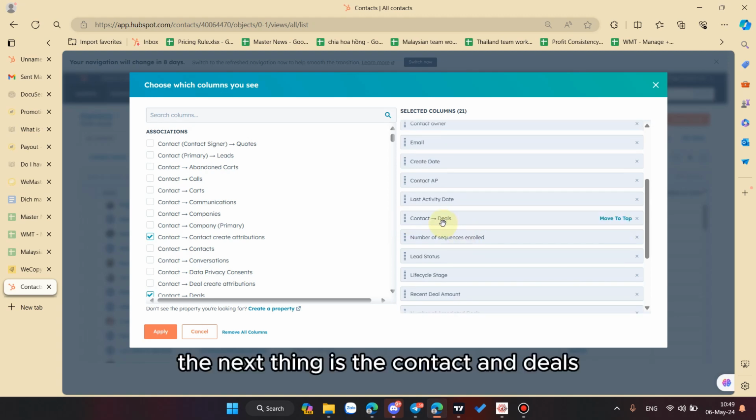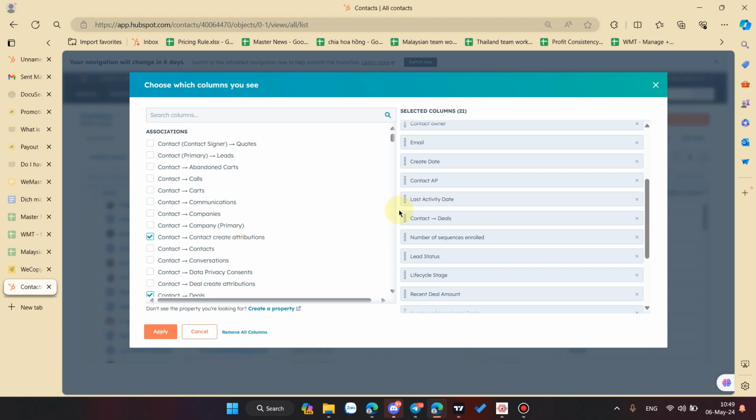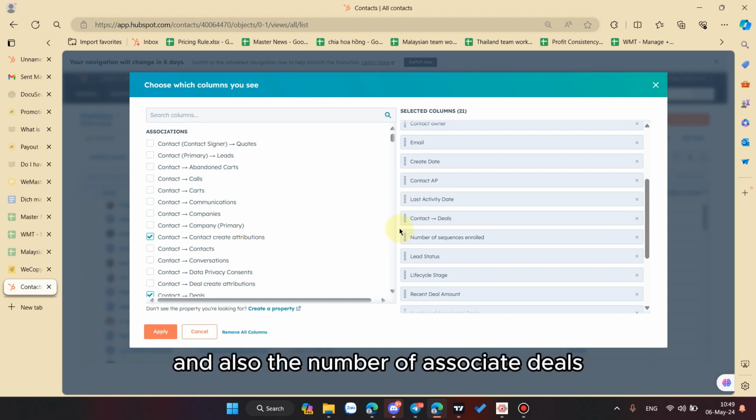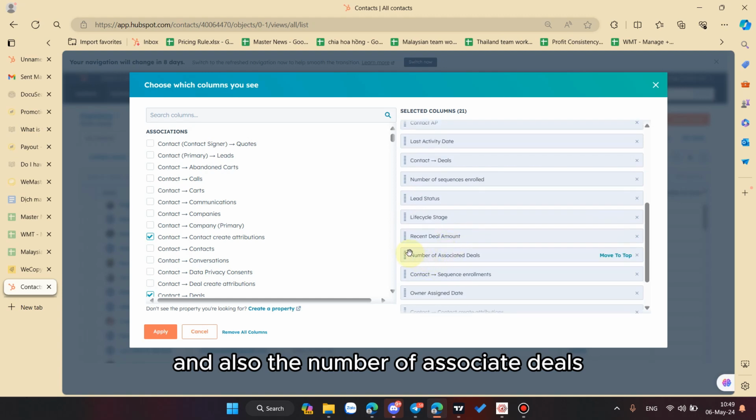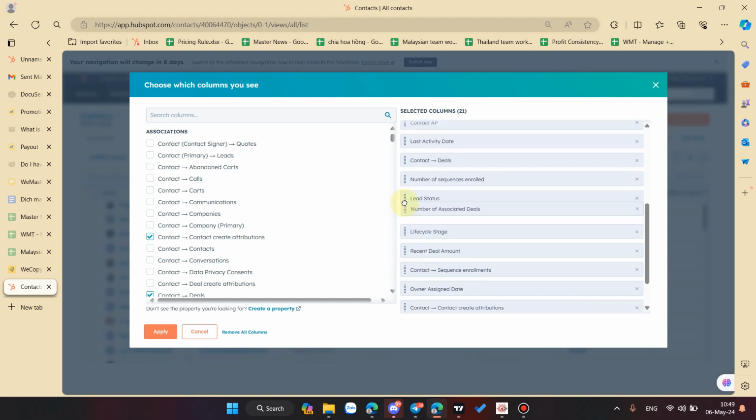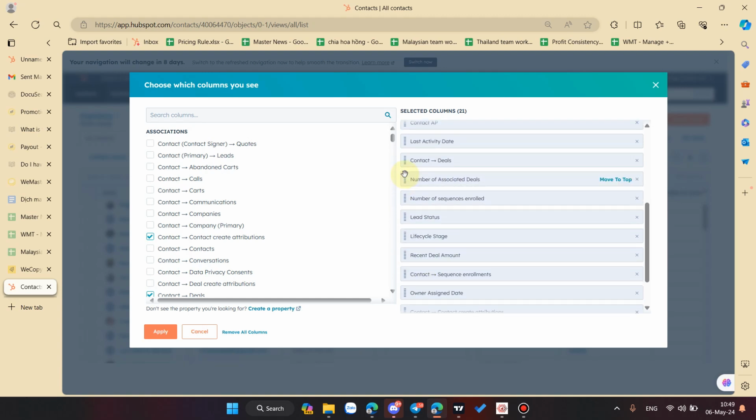The next thing is the contact and deals, and also the number of associated deals. I believe these should be here together. Contact and deals shows that the client already has a deal with us, and the number of associated deals is how many deals the client already has. It is very important.